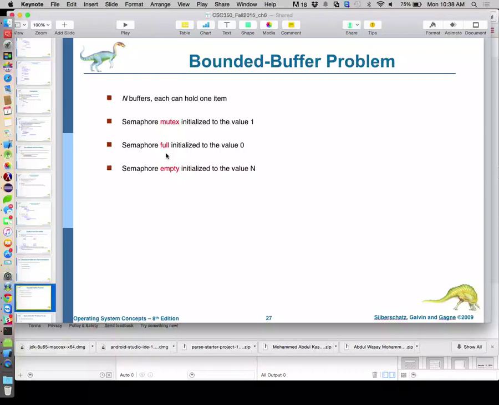So we actually have 3 semaphores. We have one semaphore called mutex, for mutual exclusion, which is 1. We have another semaphore called full, which is initialized to 0. And then we have another semaphore, empty, which is initialized to the value n, the number of buffers that we have. This one is controlling the number of buffers we have, but because of his name, it's whether or not those buffers have been emptied. How many buffers actually have something in them that can be used? Full is going to move in the other direction from empty, and mutex is going to protect an individual element.